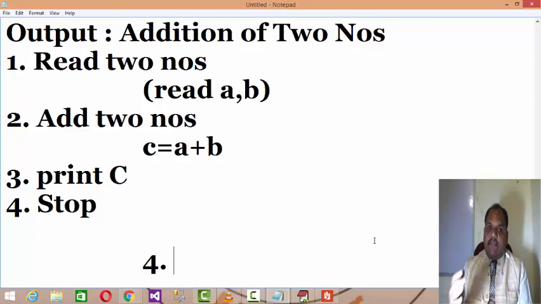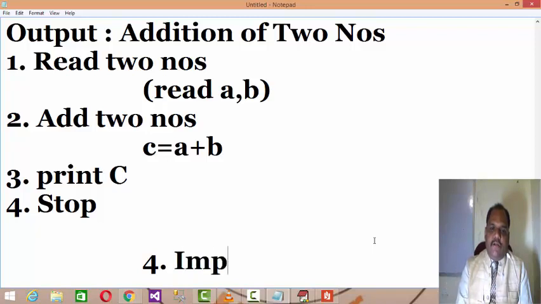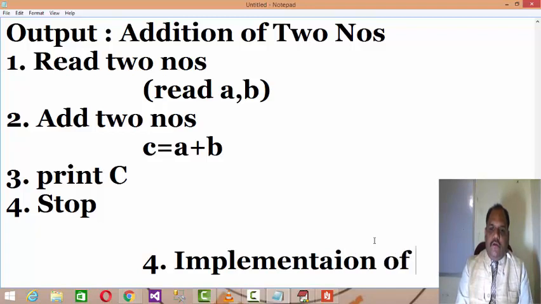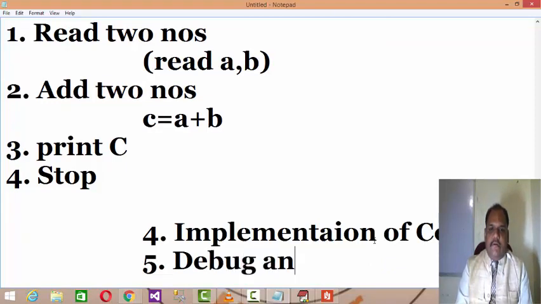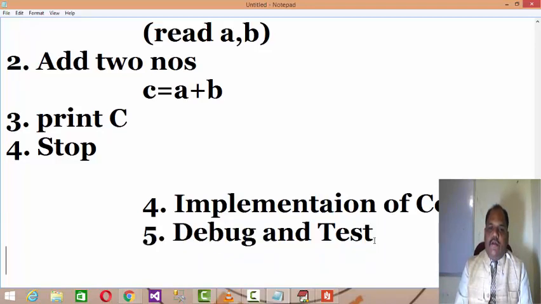One is requirement analysis, second is planning and designing the flow, the third is defining the algorithm, and the fourth step will be implementation of code. Then you write the code, and the fifth step will be to debug and test it. On the given input, on the given data, you test that code, debug that code, and finally you can deploy it.